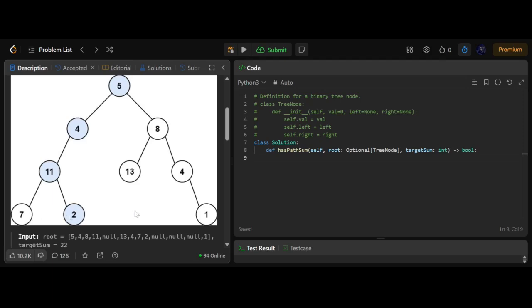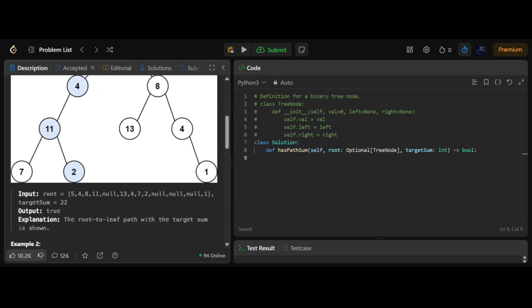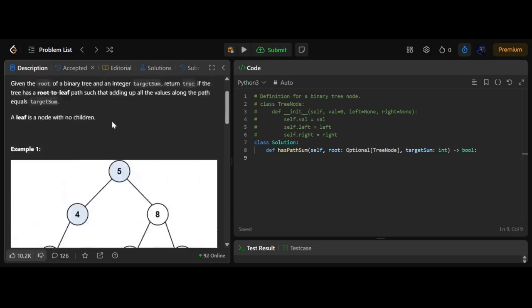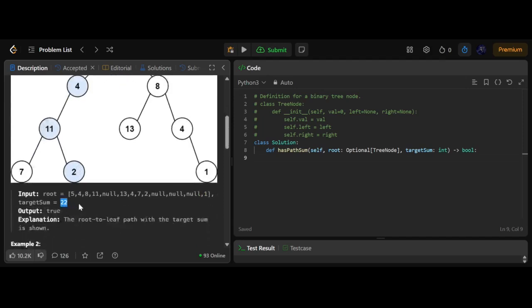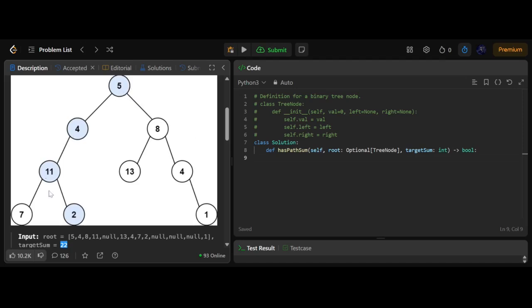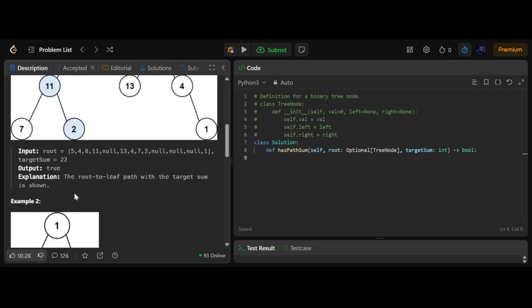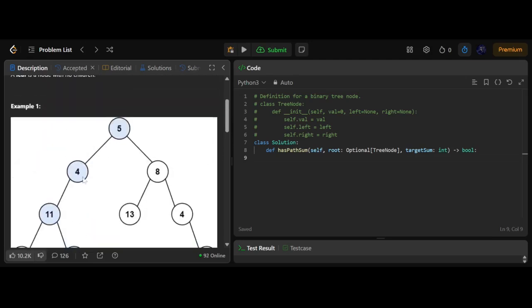So in this example, 7, 2, and 1 are all leaves. So we need to return true if all the values up to and including our leaf equal our target sum. So in this example, our target sum is 22, and we can see this path over here, 5 plus 4 plus 11 plus 2 equals 22. So the root to leaf path with the target sum is shown, and we can return true because we know